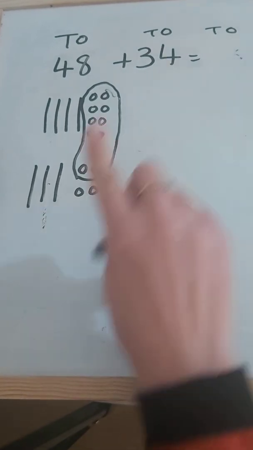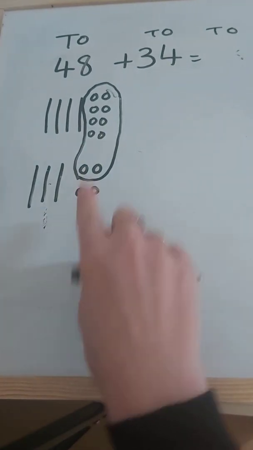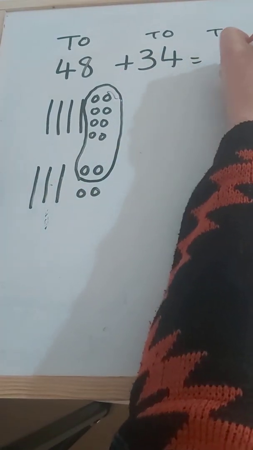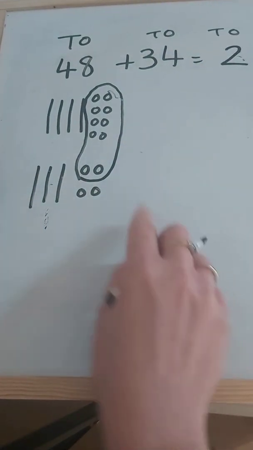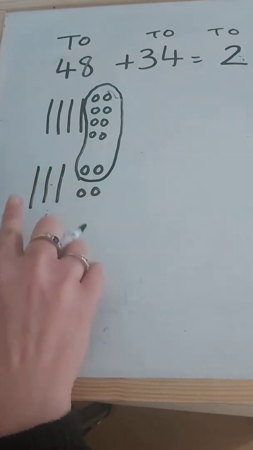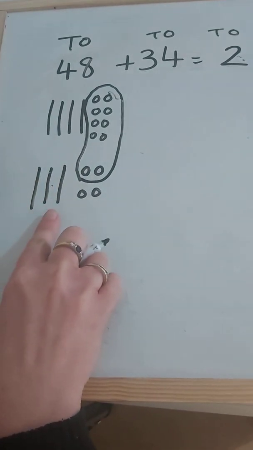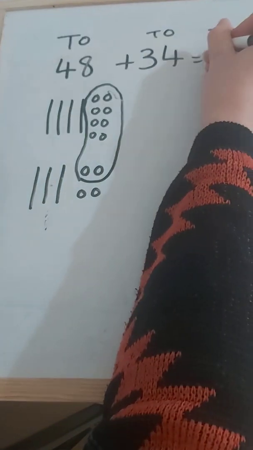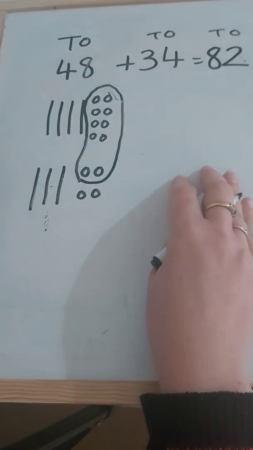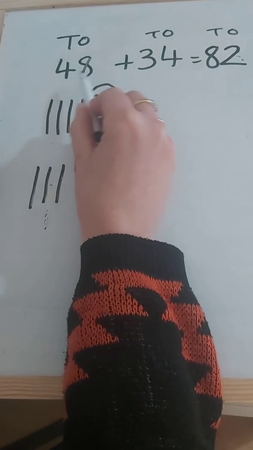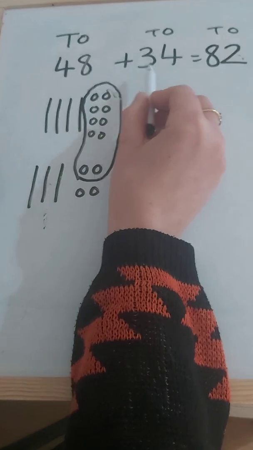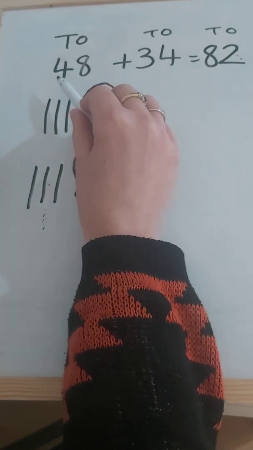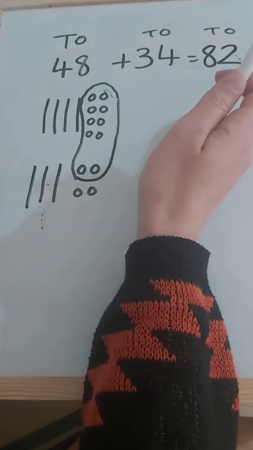Okay, now all I need to do, how many 1s? I've got 2 1s. How many 10s? Well, I had my 4, 5, 6, 7, and the group I've made, which is 8. And if I look, do we think that number could be right? Do you think 82 sounds about right? Well, 48, that's nearly 50. Add 30, or I might think, well, 40 and 40 is 80. It kind of is about the